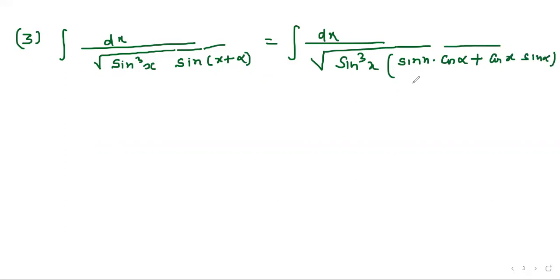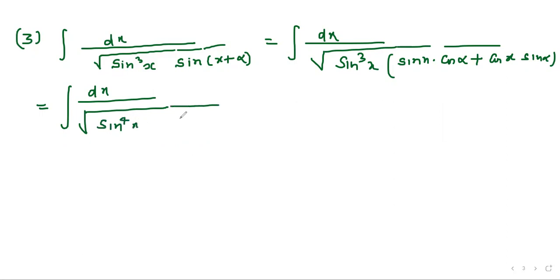Now we can take out sine x from here. So it will become integration dx upon root of sine power 4 x, and inside we will have cos alpha, and